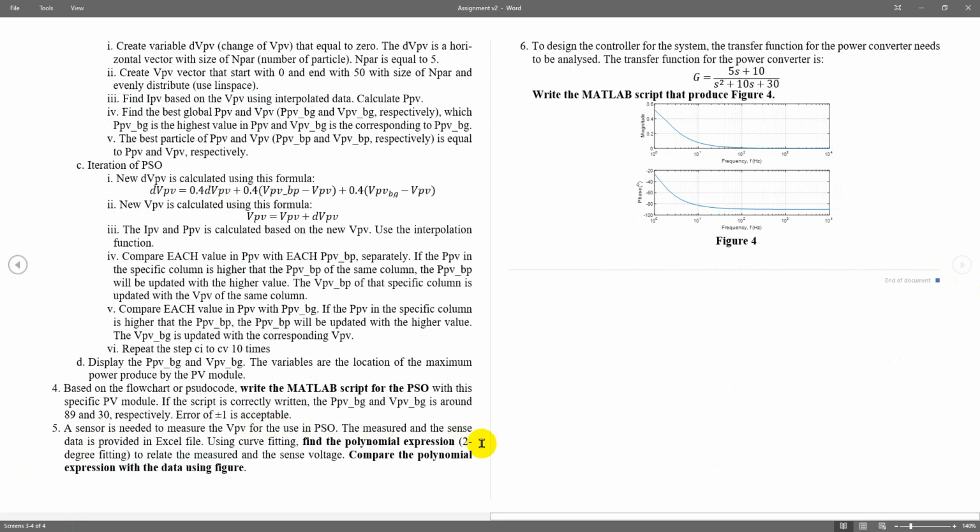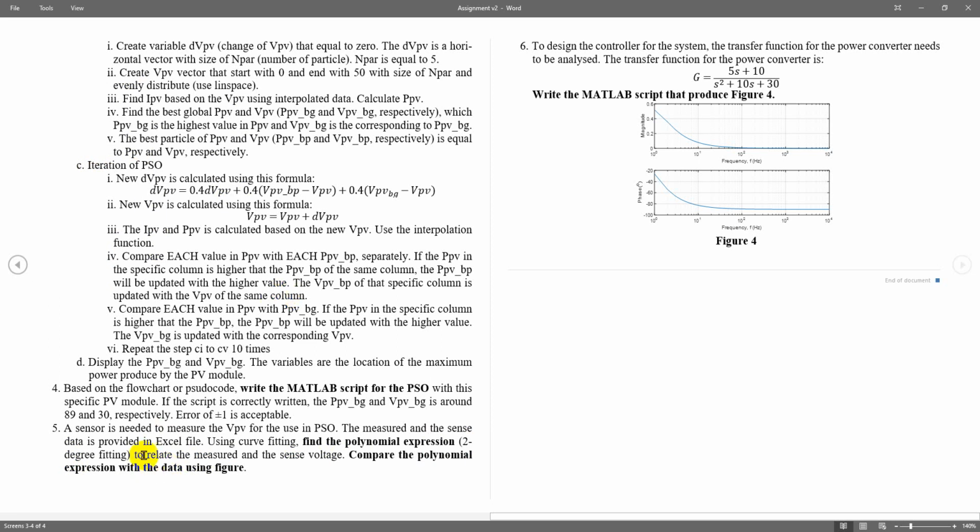The measurement of the sensor is provided in the Excel file. So I give you an Excel file and, using curve fitting, find the polynomial expression of degree 2, and then relate the measurement to the sense voltage. So basically you have a real voltage, and because you're using a sensor, the sensor will change the voltage, because the controller can only handle very small voltage.